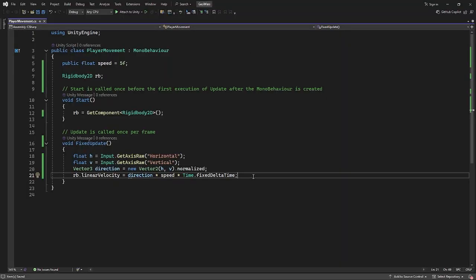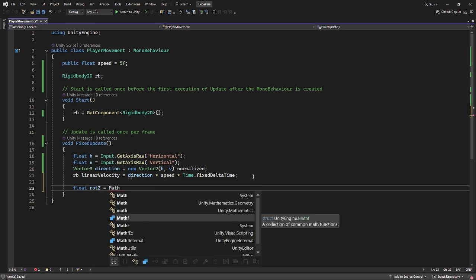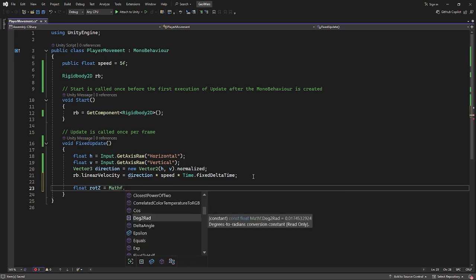So again, lower in my fixed update, I need a direction for my ship to point at. I'm going to set up a float of rotation Z, or just rot Z for short. And we're going to do some math here. So inside of Mathf, there's a method called